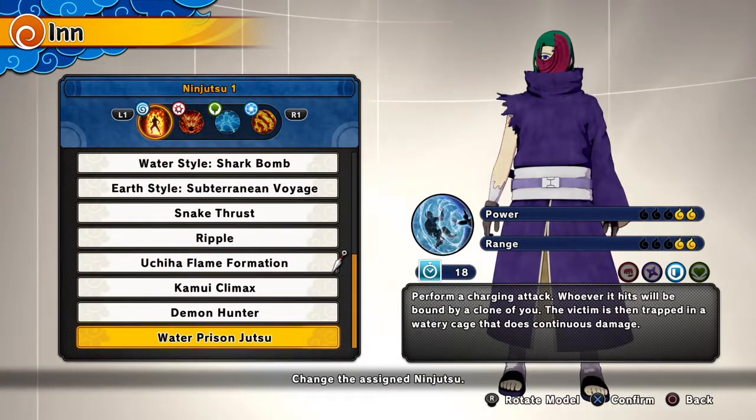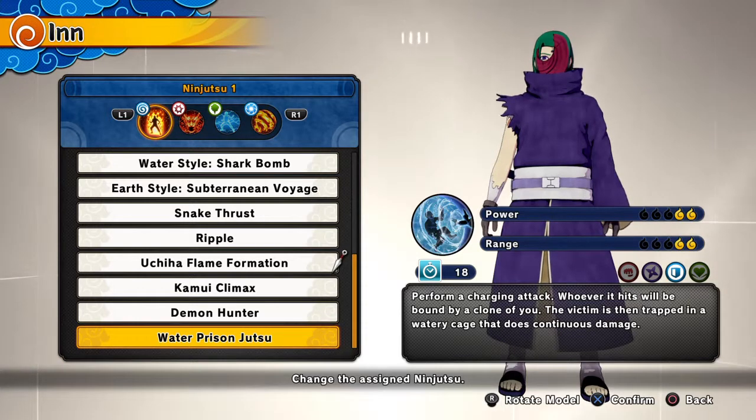It's called Zabuza's Water Prism Jutsu. Zabuza's Water Prism Jutsu is insanely good. I don't know how many people don't know how good this is. You can cast the jutsu and hold the jutsu. Whenever you let go of that ninjutsu, you basically perform a charge attack, and whoever it hits, it will bond